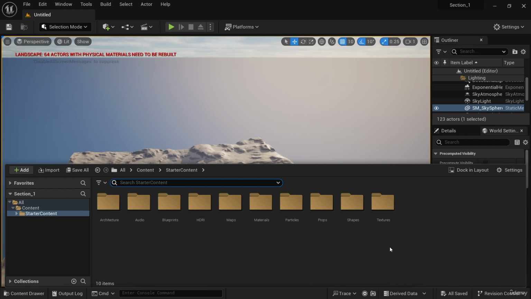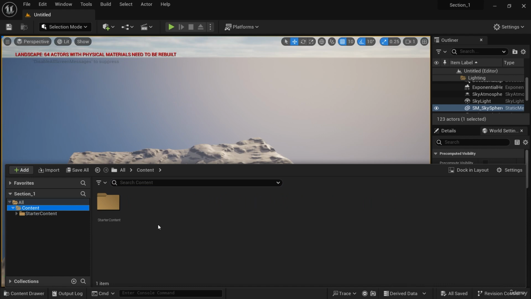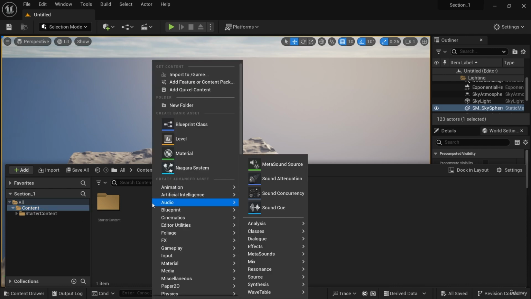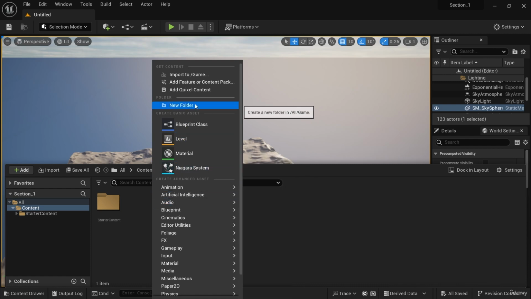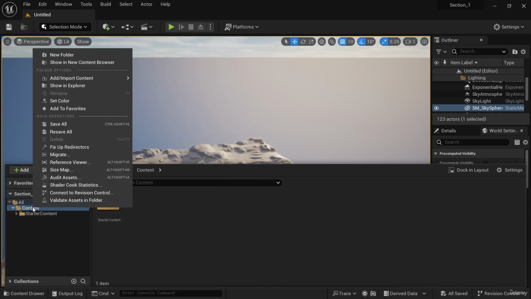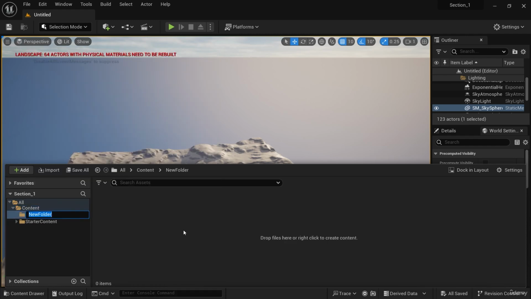What we're going to do is create a new folder in our content folder. I almost always add this folder we're about to add to my content folders in all my projects. And I can add that by right-clicking here in the gray area and selecting new folder. Or I can right-click on content here in the list view and select a new folder. And I can give that new folder a name, and we're going to call this maps. And any maps that we create for our projects will always be in maps, and that way they're easy to